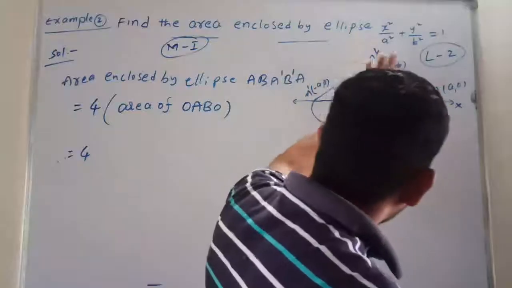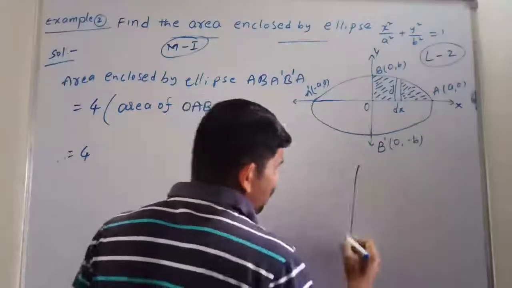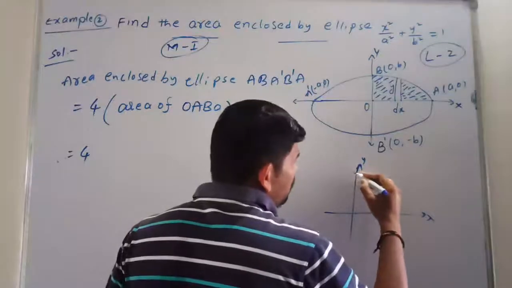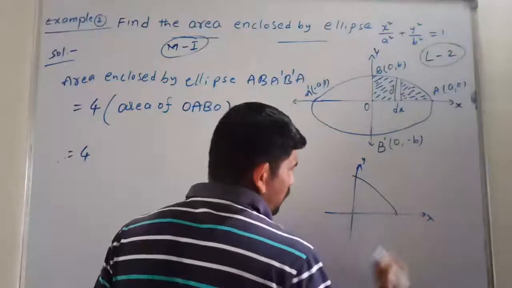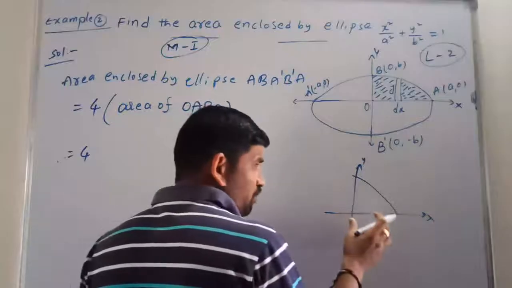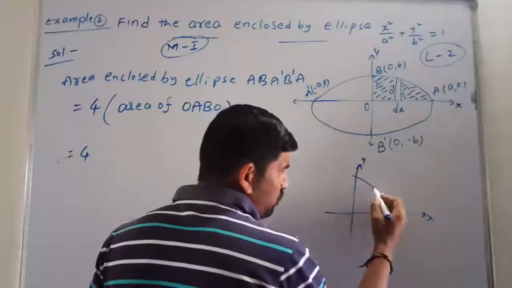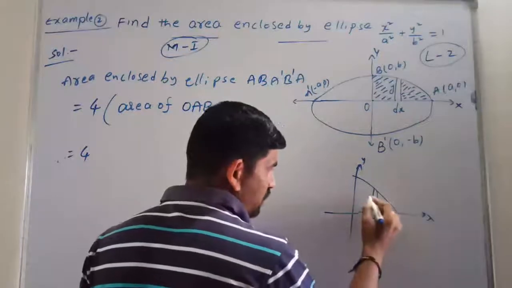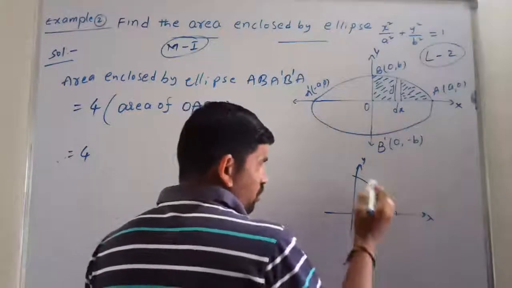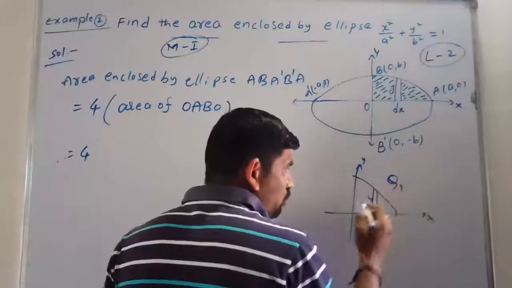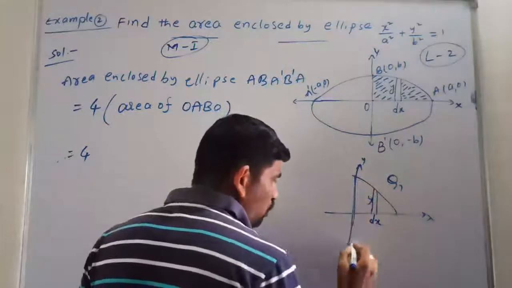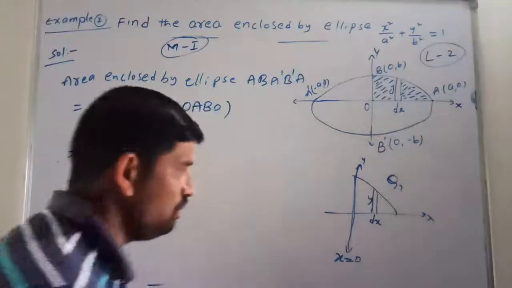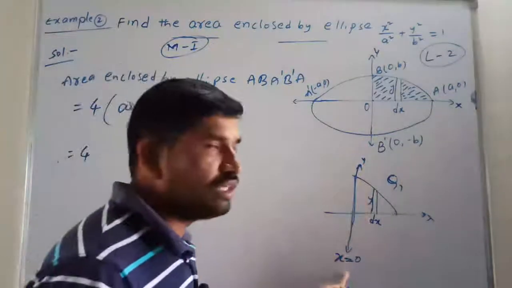If we are finding the area of only this one, I will take one diagram, that is the part in the first quadrant only. Yes, this is present in the first quadrant. Students, by observing this, if we are finding the area of only this part, we draw the strip as a vertical strip. That is dx and this length is y. So we are finding the area in only the first quadrant. The first quadrant starts with the y axis, so directly x is equal to 0. The equation of the y axis is x is equal to 0.